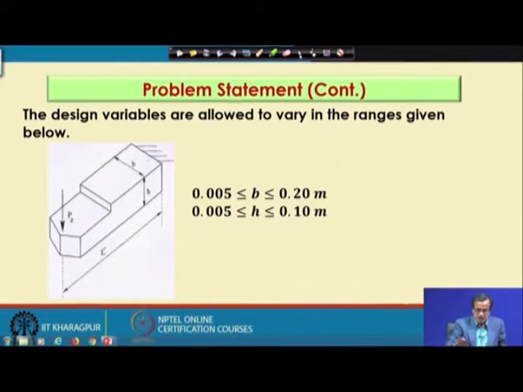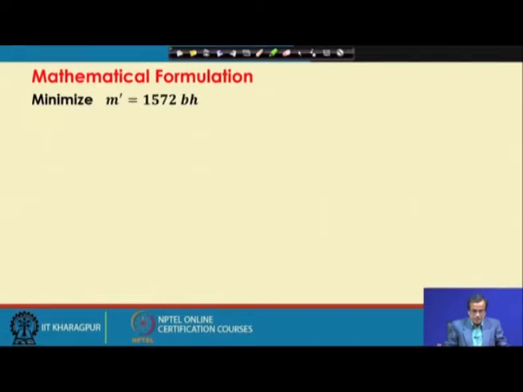Now, this minimization problem we will have to solve, like our aim is to minimize the weight or the mass of this single point cutting tool subject to the condition that the developed stress is lying within the permissible limit. That means, there should not be any mechanical breakage of this cutting tool.